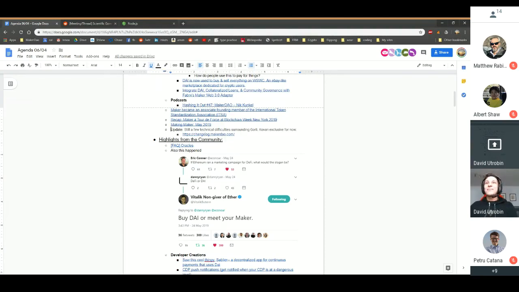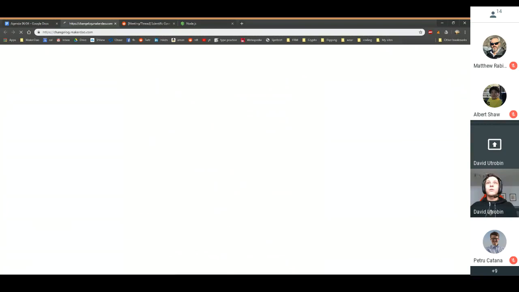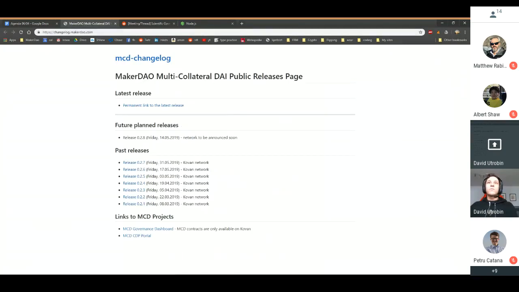But yeah, and then another thing that I wanted to talk about was the MCD testnet upgrades. There was an upgrade talked about for transitioning from Kovan to the Goerli network, and that was actually set for I think last Friday, but there were some technical difficulties surrounding Goerli, so that has been put off for a little bit, and I think that for now, the next thing that's going to happen there that has to do with a brand new network is going to be something around